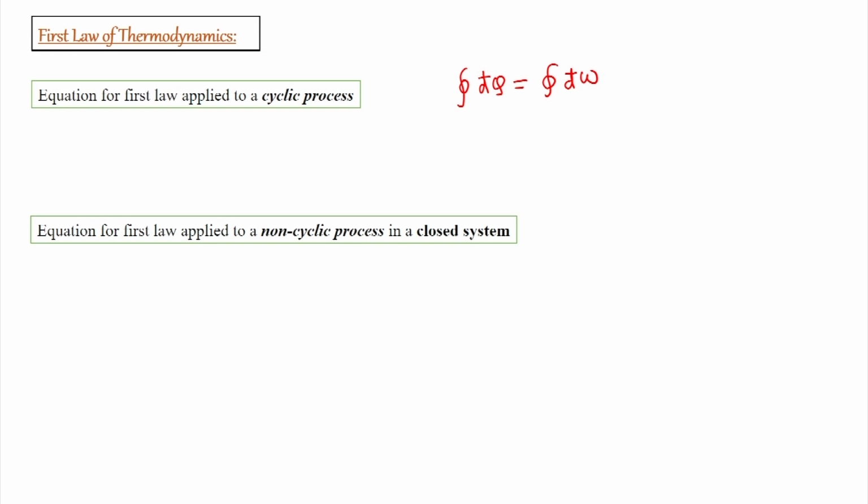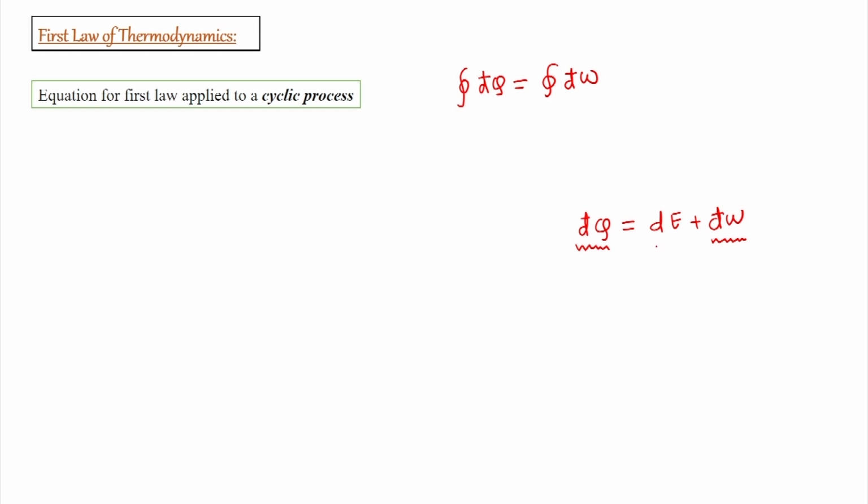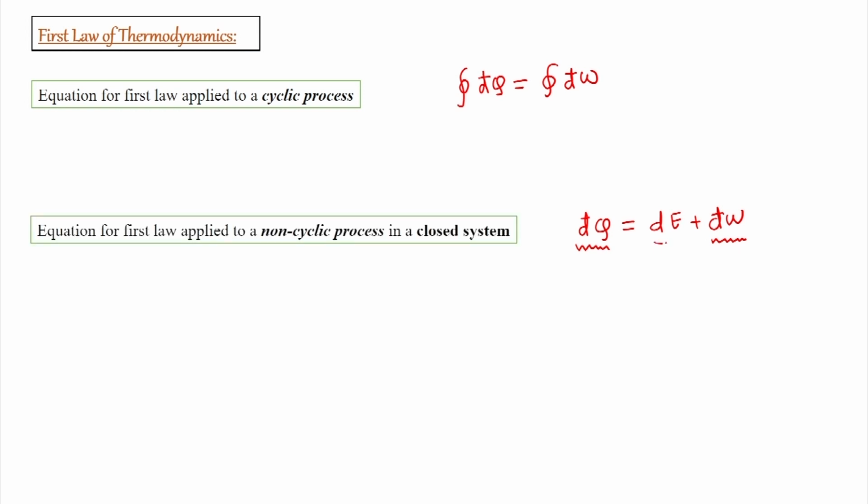Then we have the equation for a non-cyclic process in a closed system. The differential form states that dq is equal to dE plus dW. It states that if Q amount of heat is supplied from the surroundings to the system, then the system does dW amount of work, and the rest of the energy change of the system is dE, where E is the total energy of